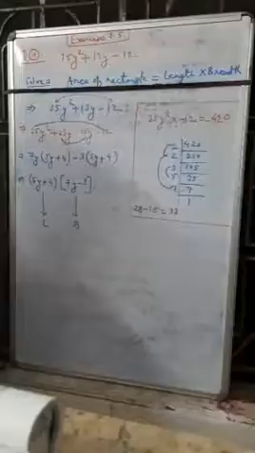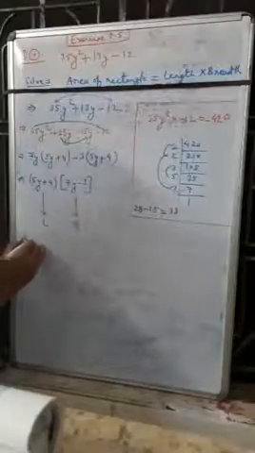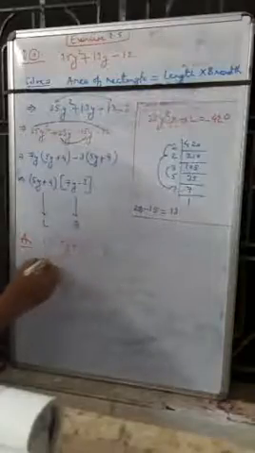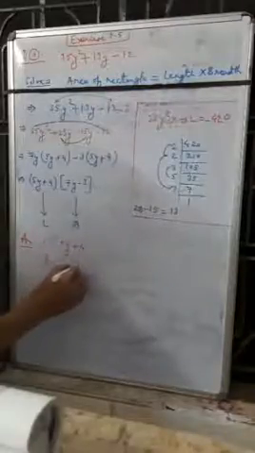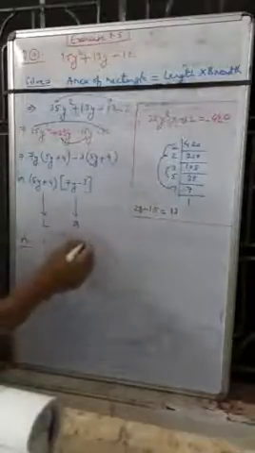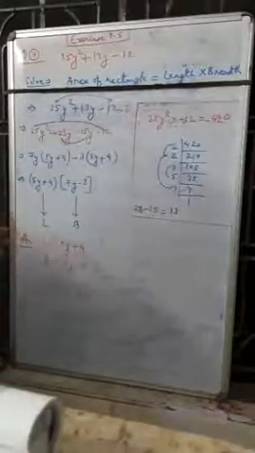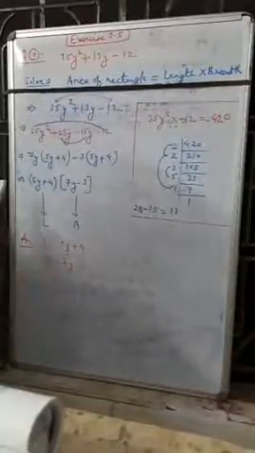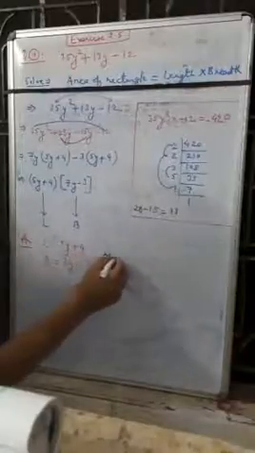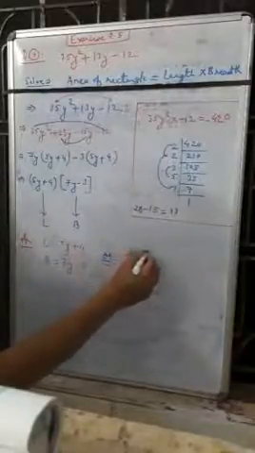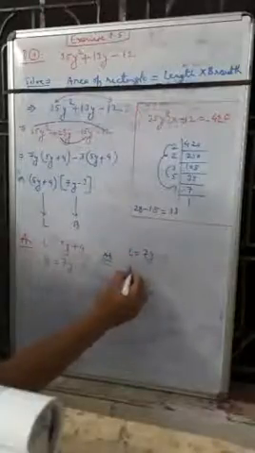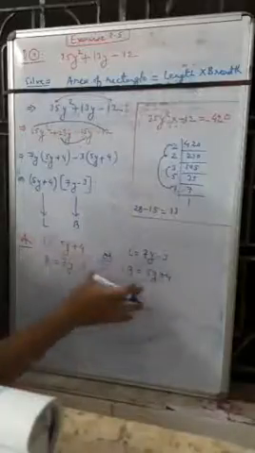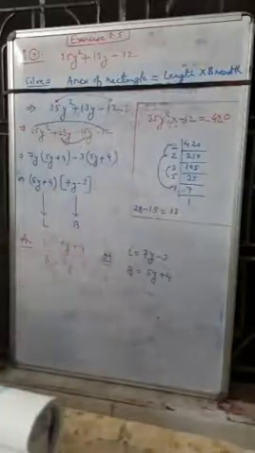So length into breadth. Here we can write the answer in the form of length and breadth. So length is equal to 5y plus 4 and breadth is equal to 7y minus 3. So that is the solution of the given problem. Like this we can solve. Here it may be the length or it may be the breadth also. So the second option: length is equal to 7y minus 3 and breadth is equal to 5y plus 4. So out of the two situations, one situation is possible.